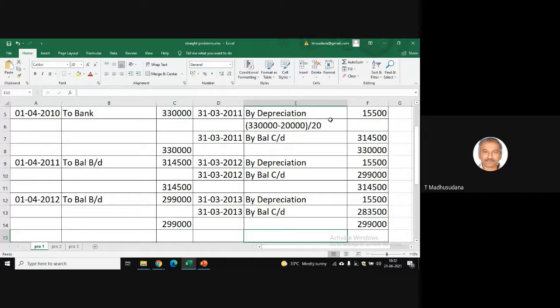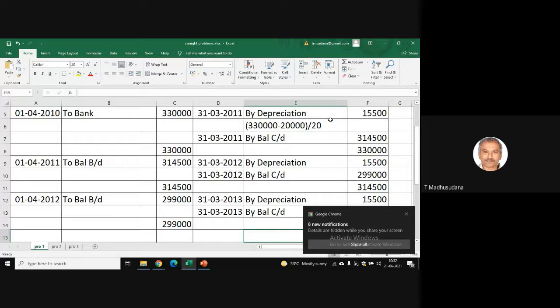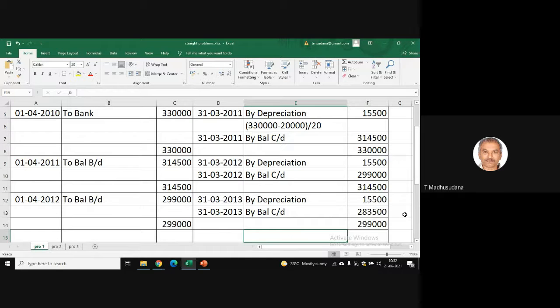Just see what is. So every year the annual depreciation is the same in this method. You need to calculate depreciation at the beginning of the year, that's all. Every year same. 15,500, 15,500, 15,500. What are we doing? We are just mentioning the depreciation, and on the opening balance of the asset, we have been deducting the depreciation amount. Okay.